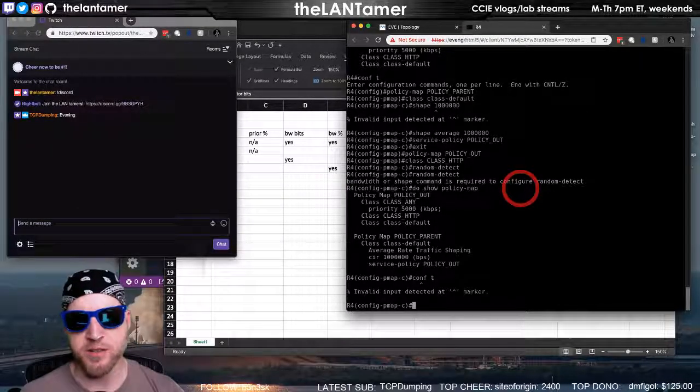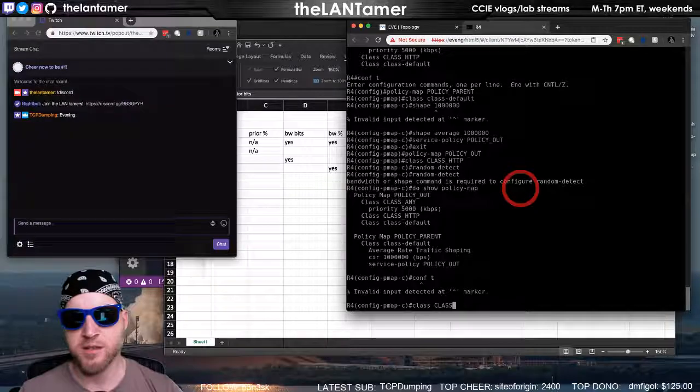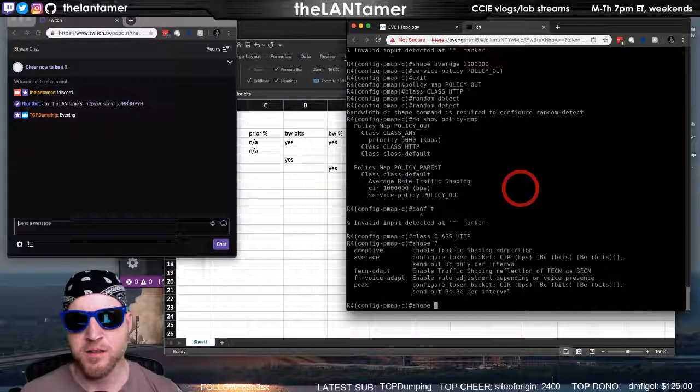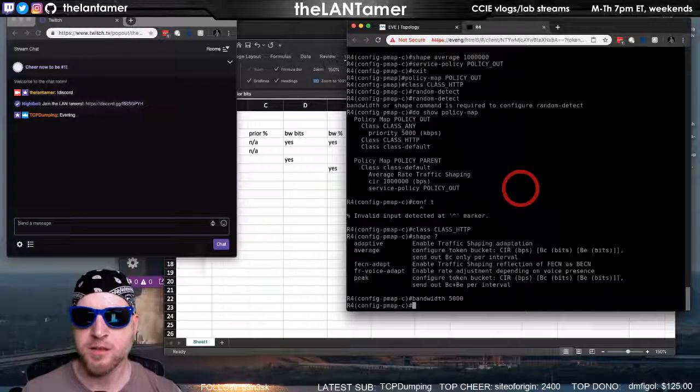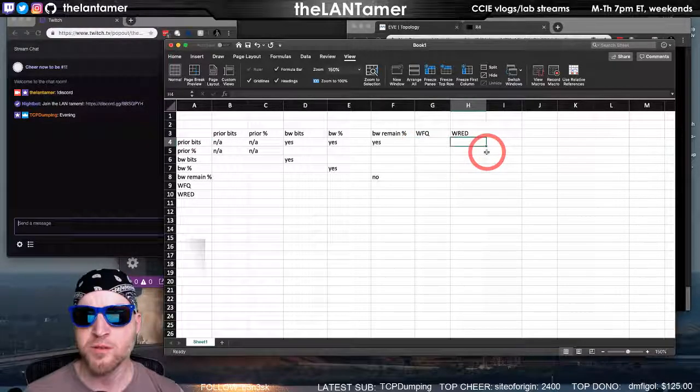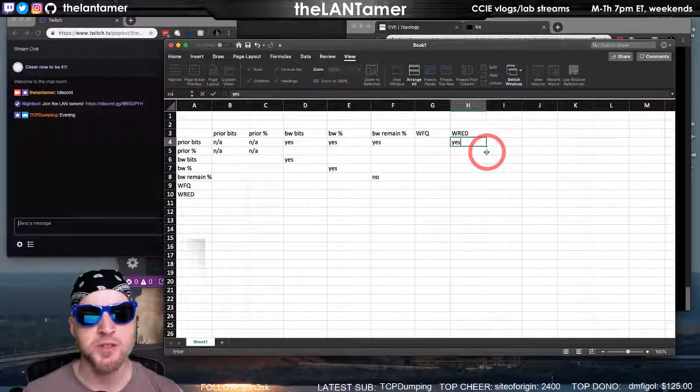Okay, let's put the bandwidth command on here. Class. Yeah, I don't want to shape on just that queue. I don't even know if that's a thing. But I do want to do bandwidth. Yeah. So I'm going to put yes here.